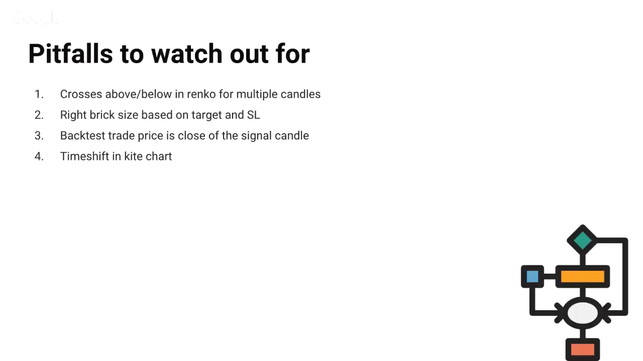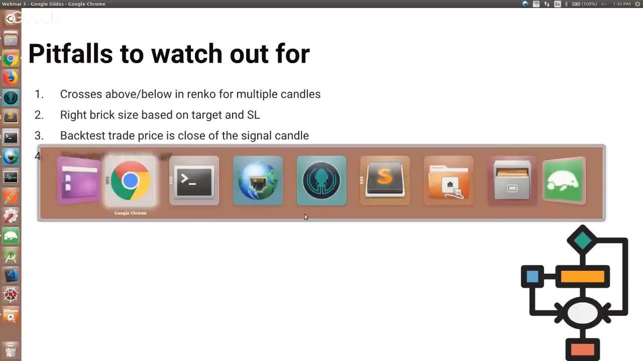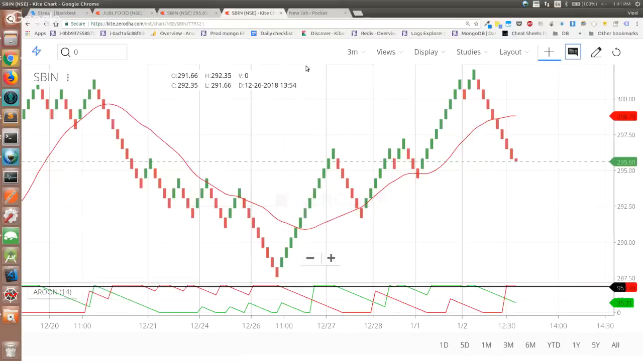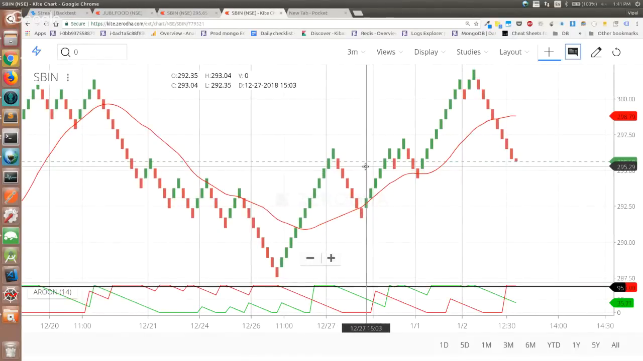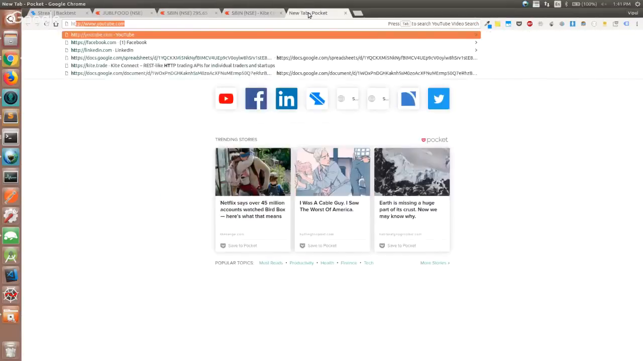Now, the third thing is the backtest period: backtest trade price close to the signal price. This is very specific to Streak. Whenever a signal gets generated, for all the other chart types, the trades happen on the opening price of the next candle. If I just have to show it here,